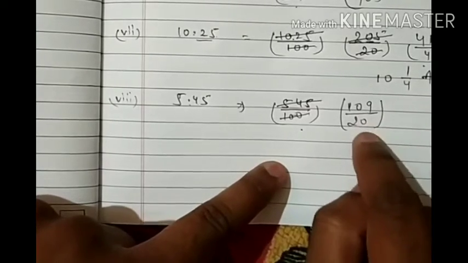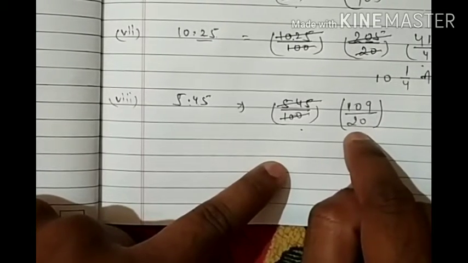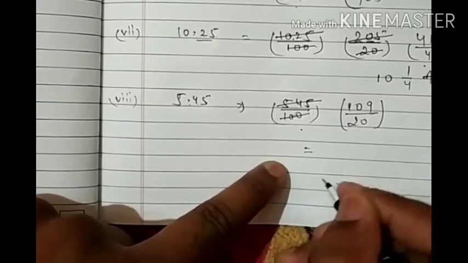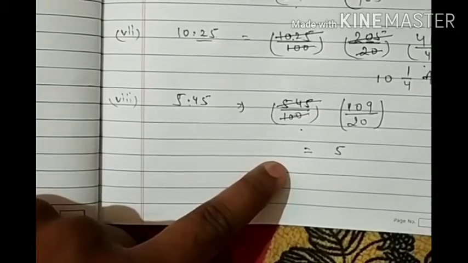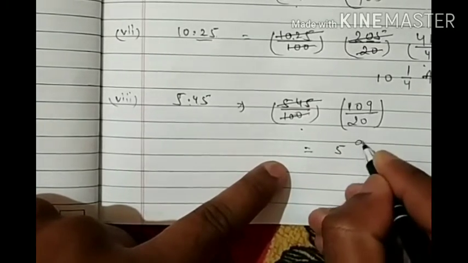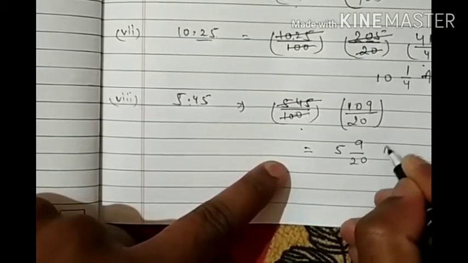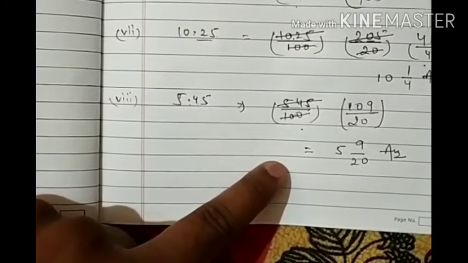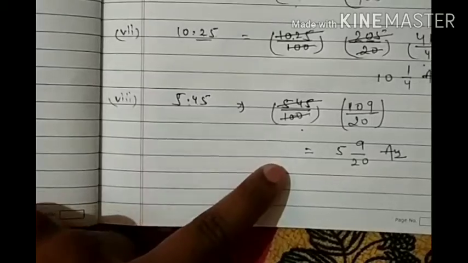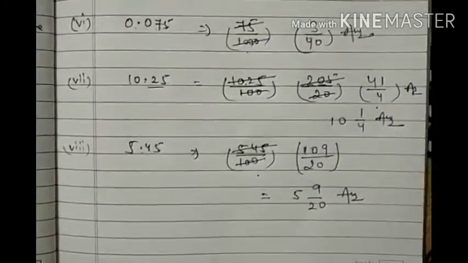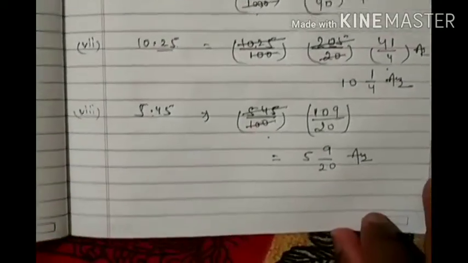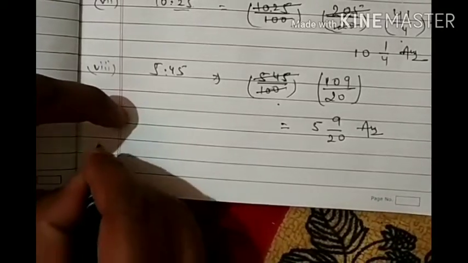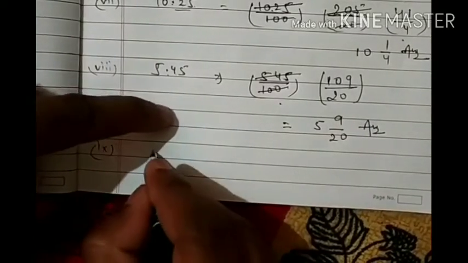Now we cannot divide it. We can simply convert it into simplest form. That is 25 fours are 100. We are left with 9. So 9 by 20 is the required fraction. I hope it is clear to everyone. Let's take one more example. That is the last example,